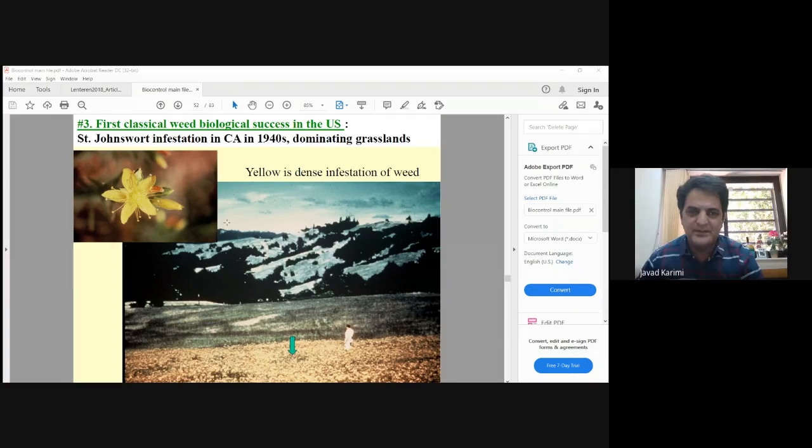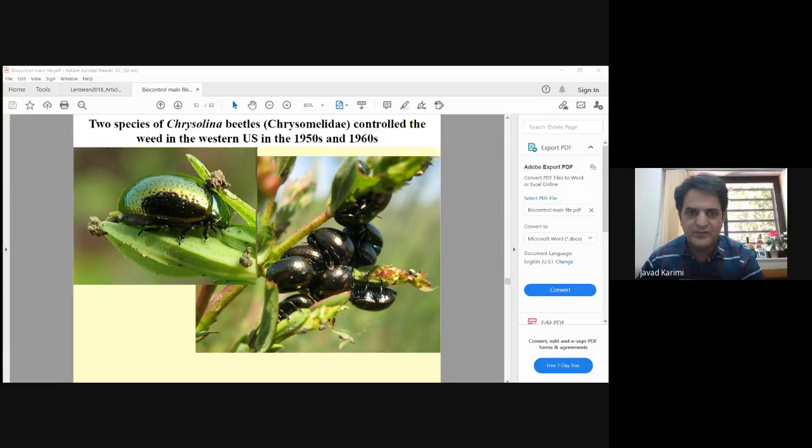Another example is this weed in the United States in 1940. You can see here this weed, Johnson wort infestation here. Farmers used this as weed for feeding the animal, but this has changed to a pest in the range. So people tried to find the natural enemy, so they introduced this beetle Chrysolina from